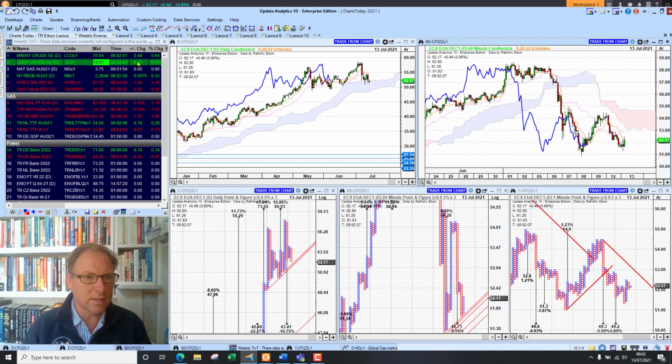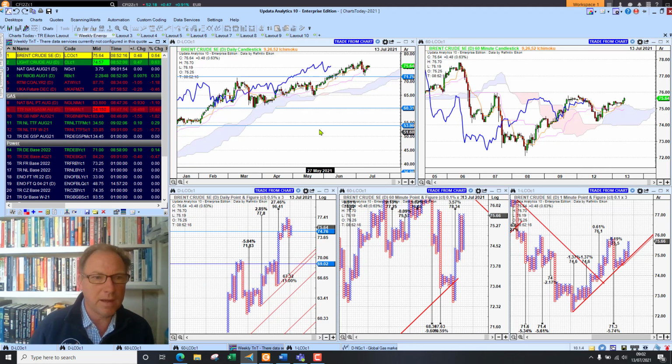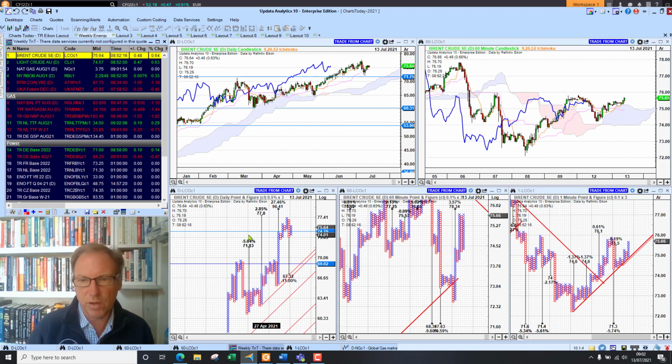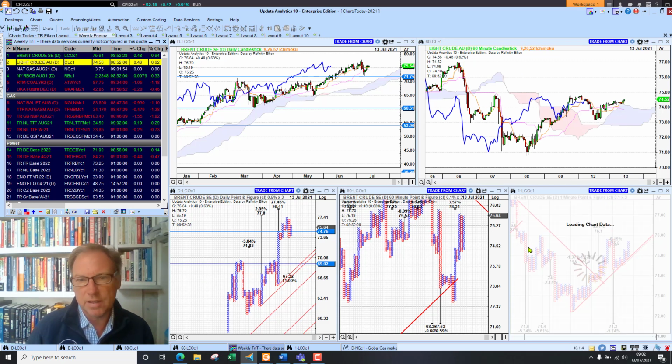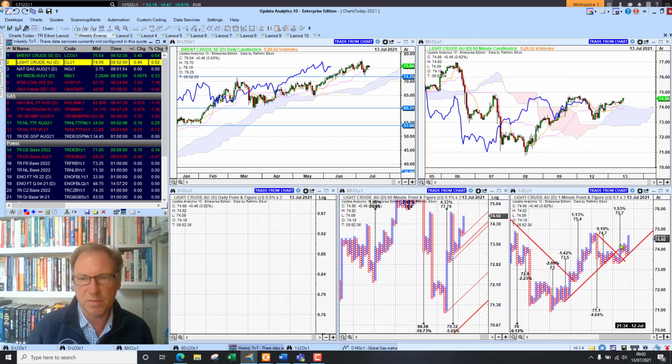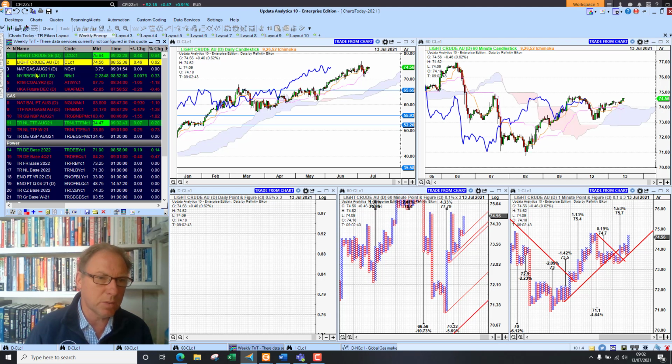Taking a look at the weekly energy mix, we've got Brent crude up first. Quite interesting. We're back to mid-70s, recovery back into bullish territory here. 96.41 is still the target that we're looking to long term. This is the daily, 60-minute and 1-minute charts. We do have a downside target not activated with quite good support. Not clear that we've got strong upside targets, so it's quite an interesting picture there. WTI, similar picture. We do have targets 1.5% higher, and we're back into bullish territory, so pushing higher there.